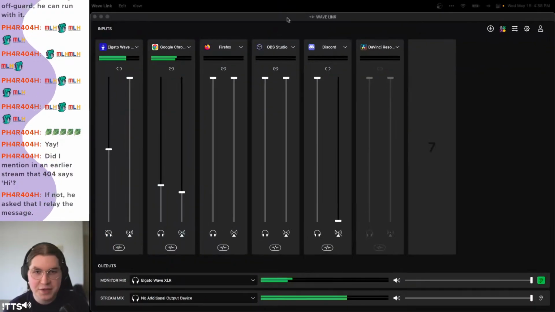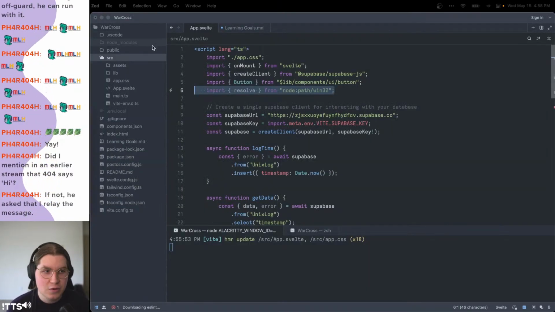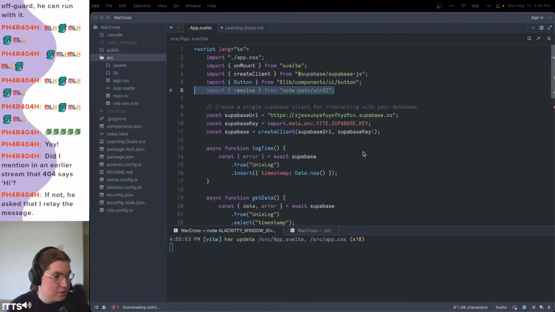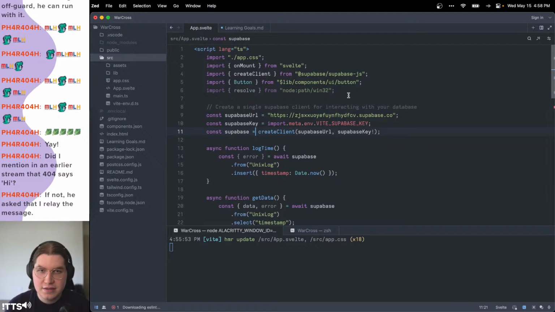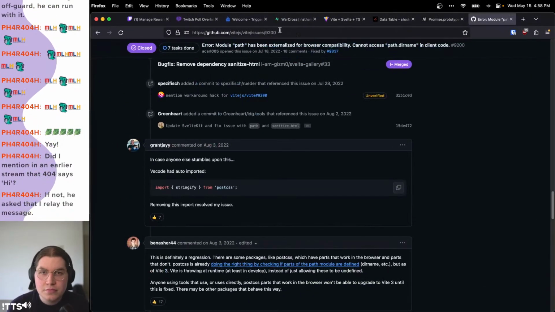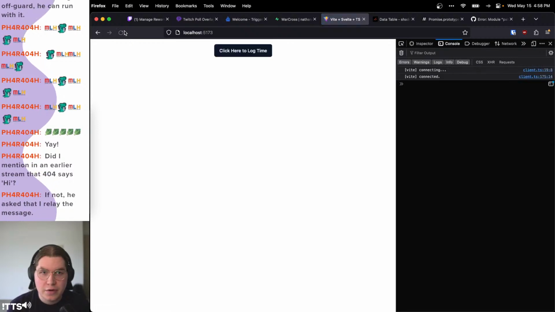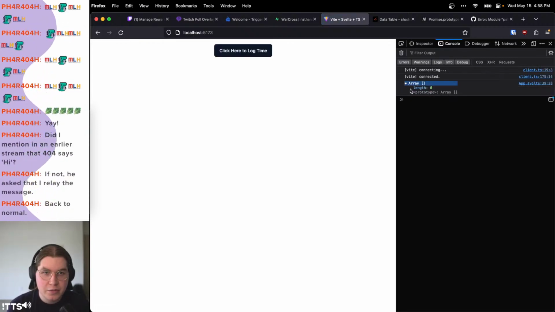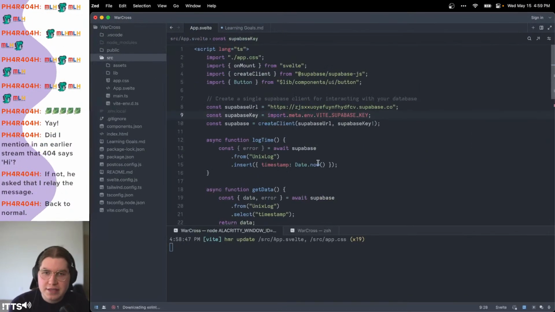Huh. Okay, refreshing the page solved it. Great. Oh, there we go. Okay. Import resolve. Let's... I don't know why that was there. If we refresh now, hey, we have an array of length 0. Why is it an array of length 0? Which means